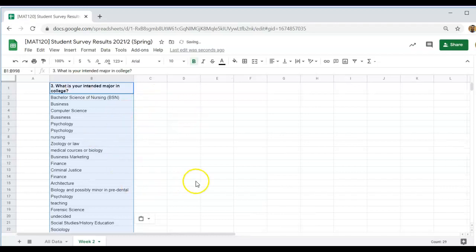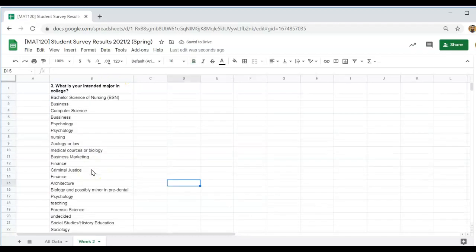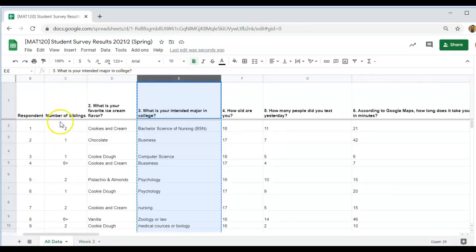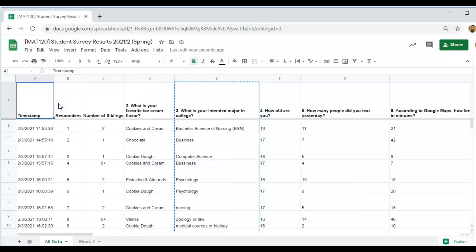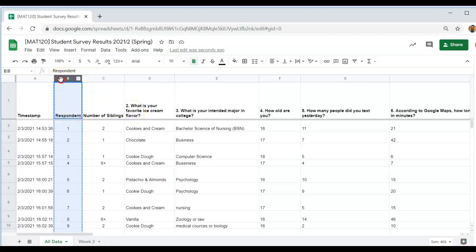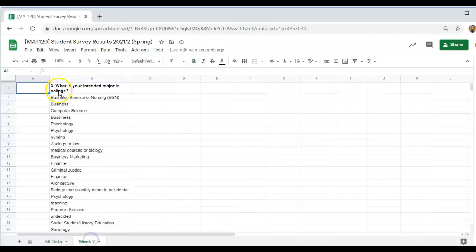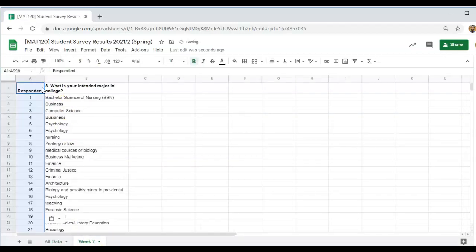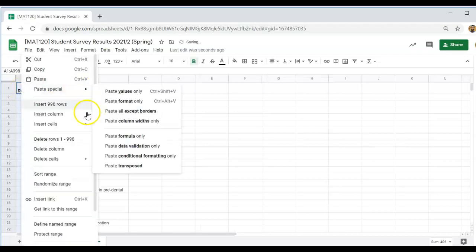And I've copied it in here, so all of the majors are there. Great. Now I'm going to have to, of course, put my respondents in for column A. So go ahead and highlight column A. And I'm going to go back to all data for a moment. I'm going to go over to where the respondents are. I'm going to click on B to highlight all of the respondents, Control C or copy to copy that column. Go back over to week 2 and Control V, or you could also have right-clicked and